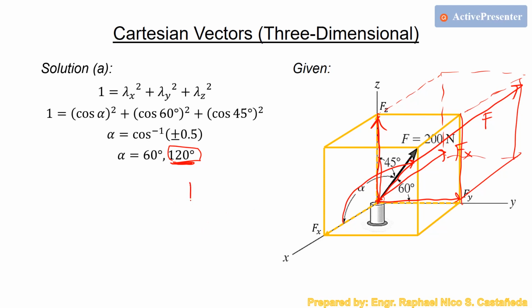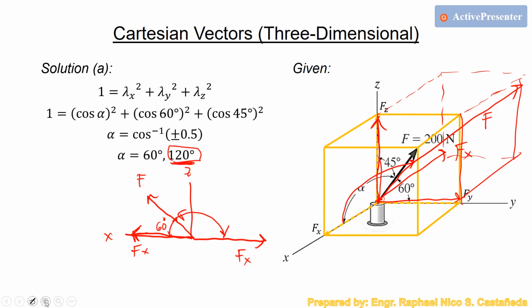So basically if you draw this on a 2D plane, so this is x and z. So this one right here is F. So this one is fx. So this is the 60 degrees because fx is pointing in this direction, in the positive. But if you point it here, this is fx, the measurement will become 120 degrees. Because if I draw it again,